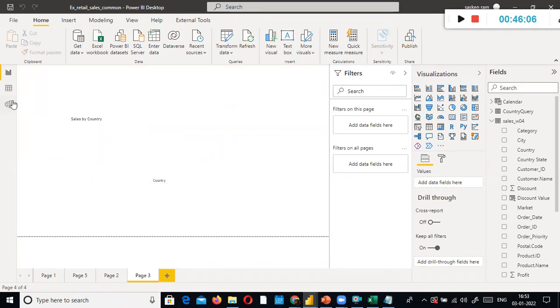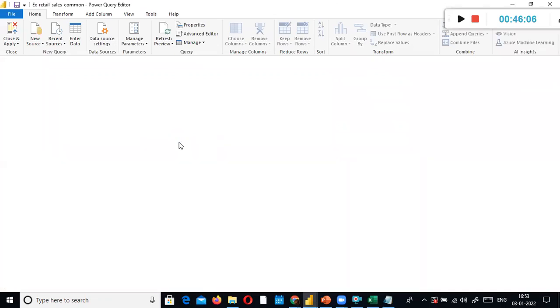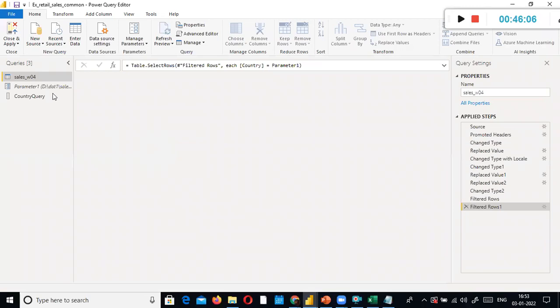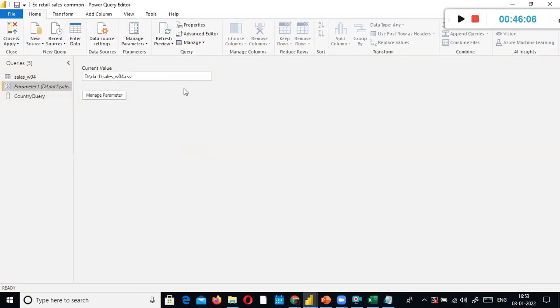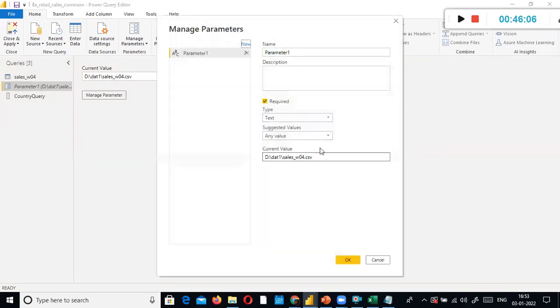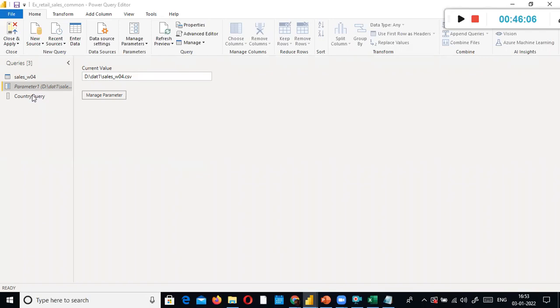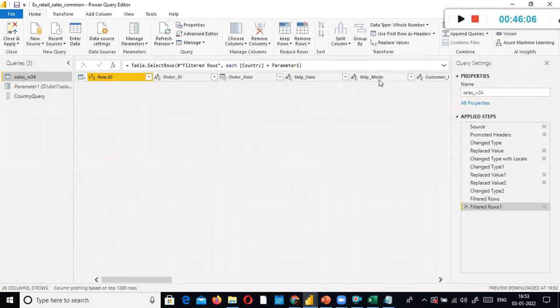Okay, the reason is, one second, I just go here. Okay, I just remove, one second. We'll see what the problem is here. Manage parameter, I just go and see. Okay, any value and text, and this is the one we mentioned. This is the parameter one. Because I used country column and mapped it for the previous parameter, right? I need to remove that one from there.